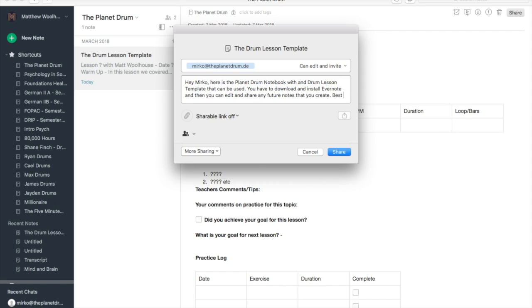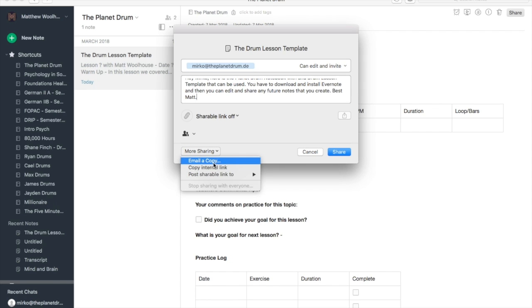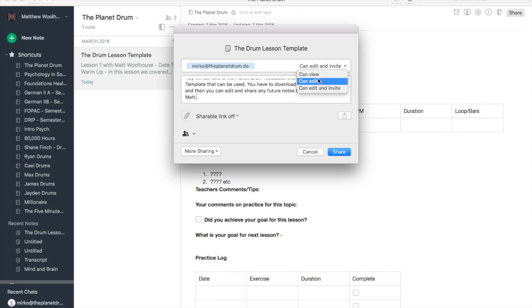So there's some sharing options. You can share it directly to LinkedIn, Twitter, Facebook. And one of the main features that I use is up the top. It says can edit and invite. With my students, I have it just on edit. And in this example with Mirko, we're going to be editing and inviting, so he can invite the other teachers to see these